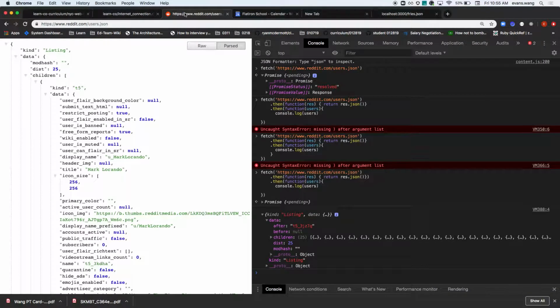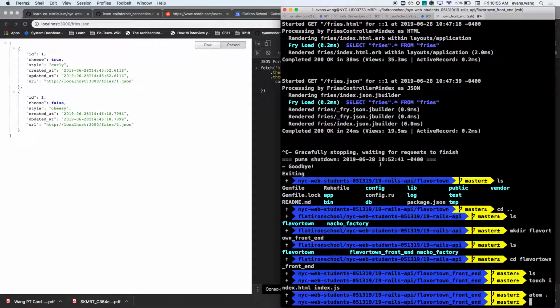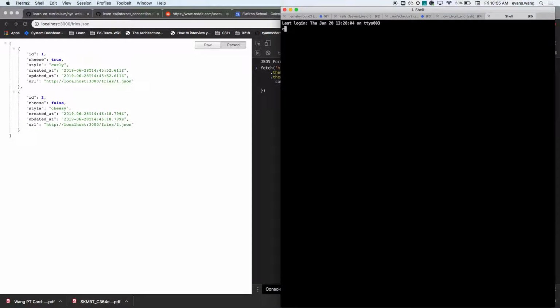So here, we kind of did that already, right? Inside of the Reddit, we sent that fetch. So now in my front end, I can do basically the exact same thing, except I'm not going to the Reddit. I'm just going to hit this server. So let me actually start the server. That would have been embarrassing, right? So cd,